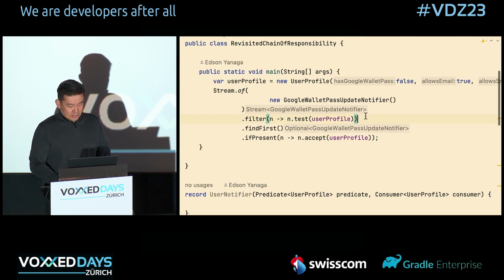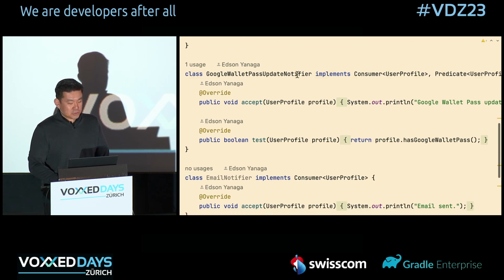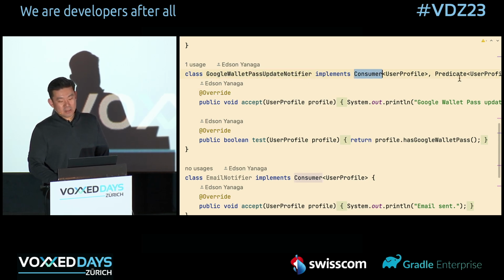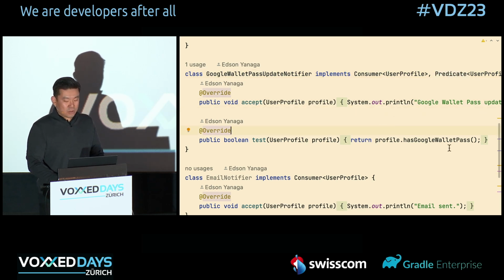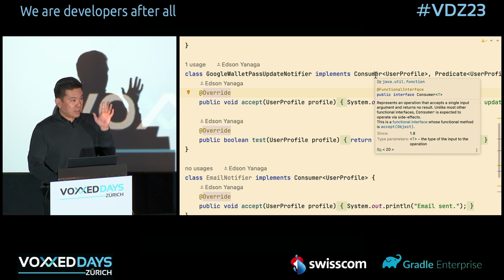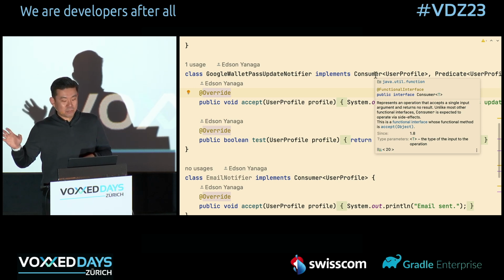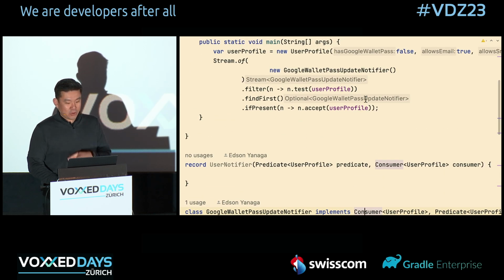And what can I do here? And actually, after I did that, you can see here that I also use the alternate implementation. I have a Google Wallet pass notifier. I can implement consumer. I can implement the predicate and implement both methods. I'm not convinced in which one is better. I think it's up to discussion. It really depends. As for now, my opinion is that it really depends on your personal choice. But separating these two operations, the test if it applies to that particular profile, and the operation that you're applying to the profile, for me, at least for now, is the only winning point that I have for this particular